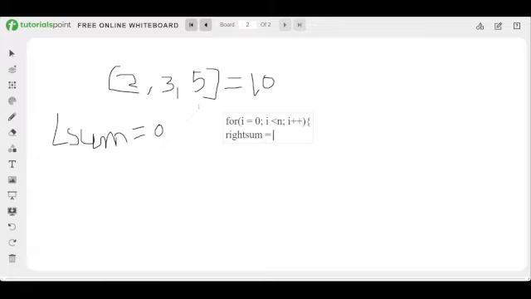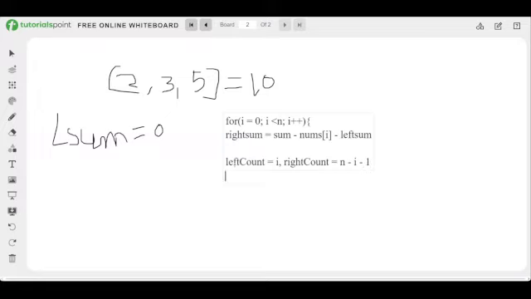So that would be equal to total sum minus nums[i] and minus left sum. Then we'll be calculating the number of elements present on the left side and the number of elements present on the right side. So left count will be equal to i, and right count will be equal to n minus i